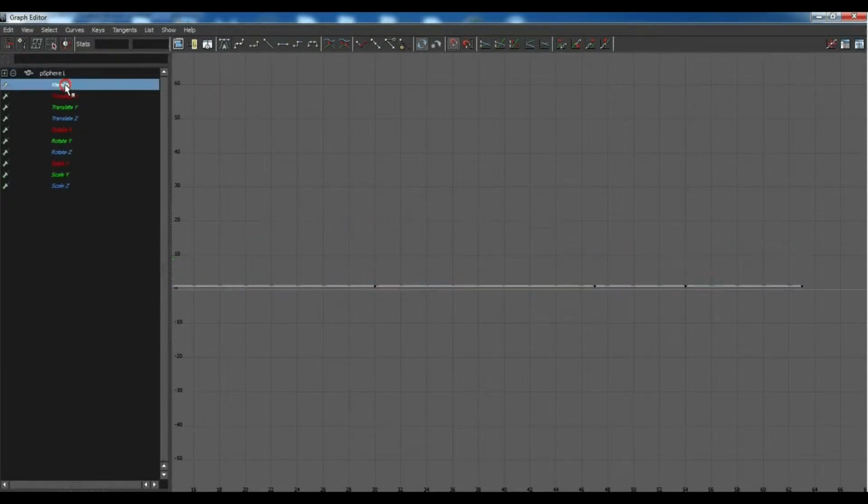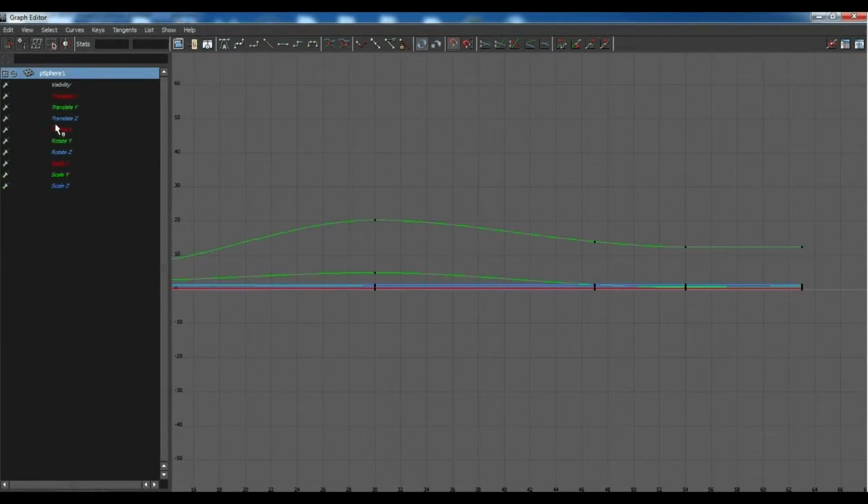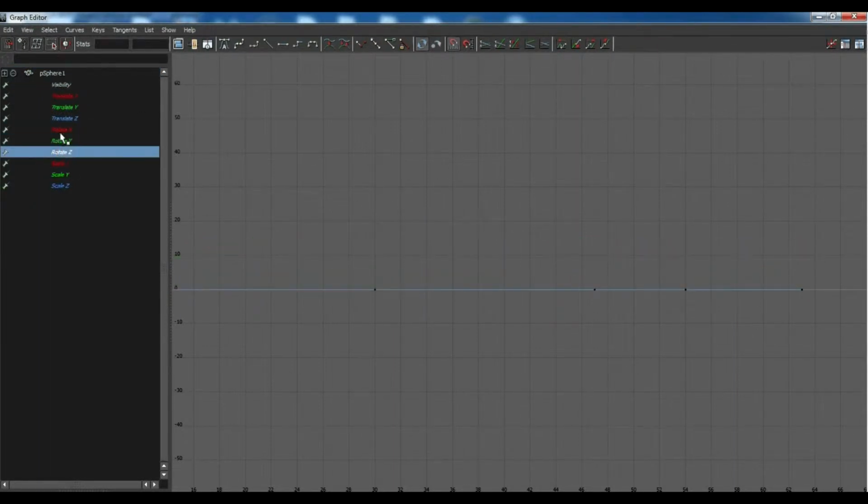Okay, this shows you what's visible. Like for example, we did all of them. We rotated it. We did everything to it. So if you want to just work on one at a time, that's how you can do that. You could just make one of them visible. See our rotation,